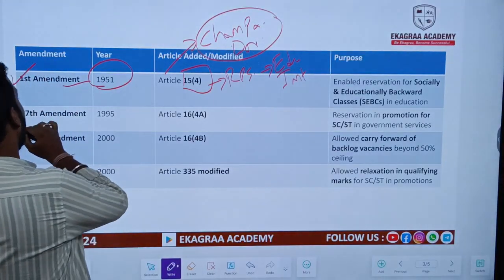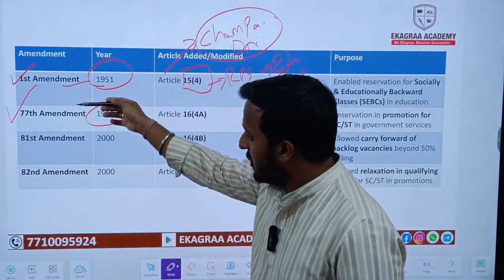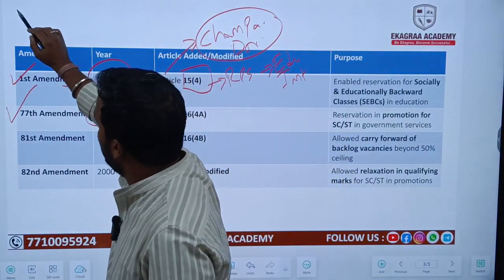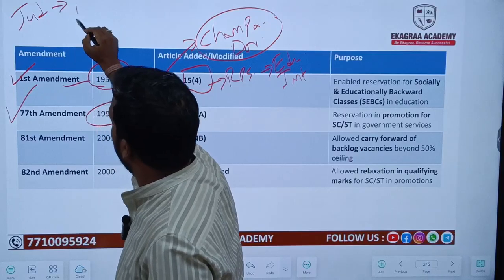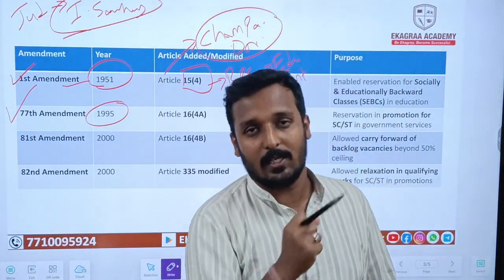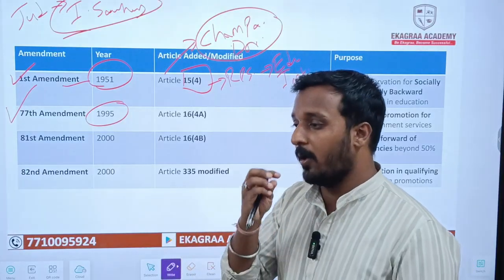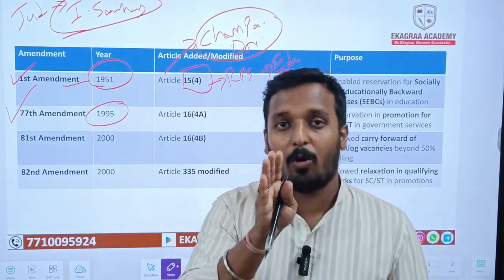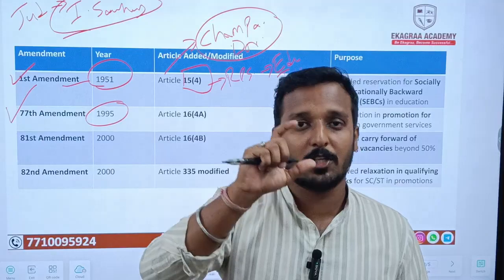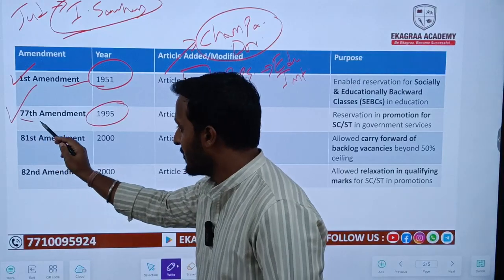Second most important is the 77th Amendment Act in the year 1995. Whenever we need to understand the 77th, 81st, 82nd and 85th, we first need to see the Supreme Court judgment in the Indira Sawhney case. In this Indira Sawhney case, which is famously known as the OBC case, the Supreme Court gave certain guidelines regarding reservation. One important guideline was that reservation can only be given in the recruitment process, not in promotion. The same judgment of the Supreme Court was overturned by Parliament with the help of the 77th Amendment Act